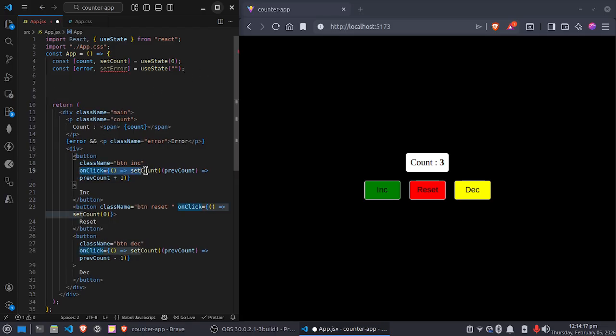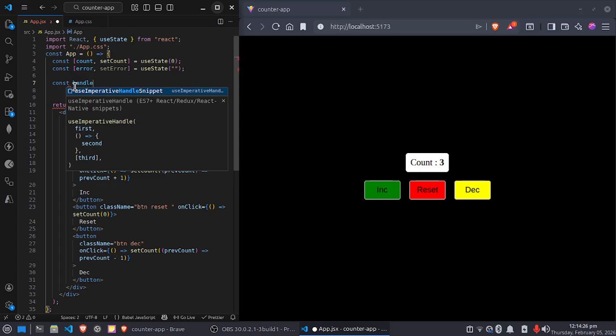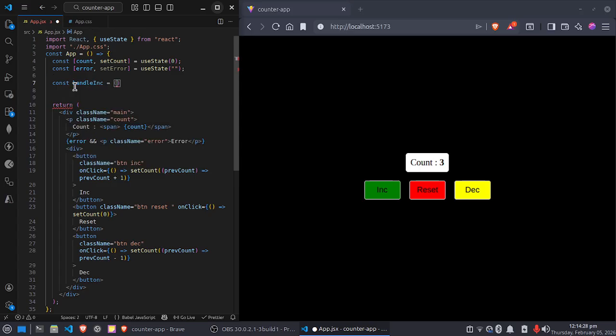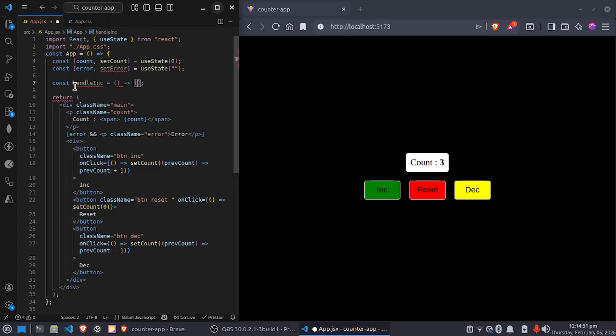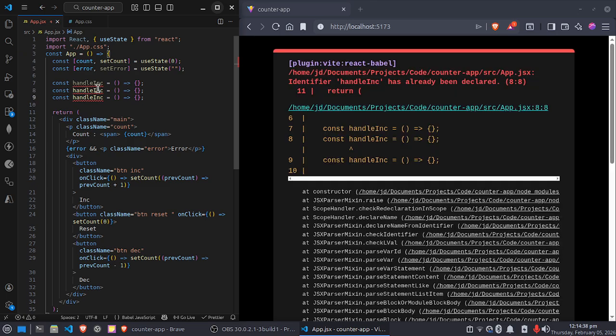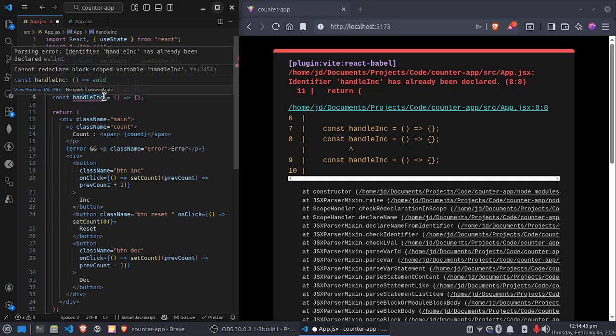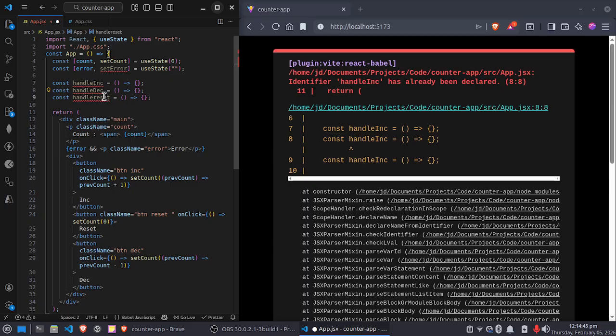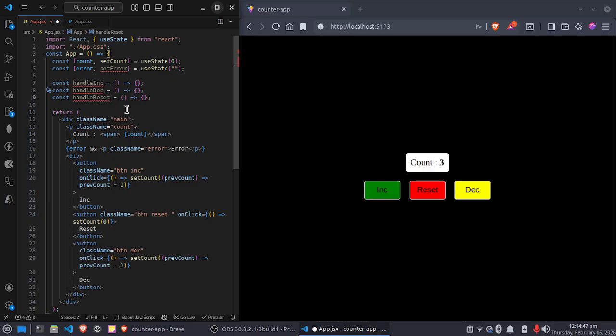Instead of writing this inline JavaScript, just make a separate function, const handleIncrement, an arrow function, and for decrement and for reset. Now let's apply here onClick